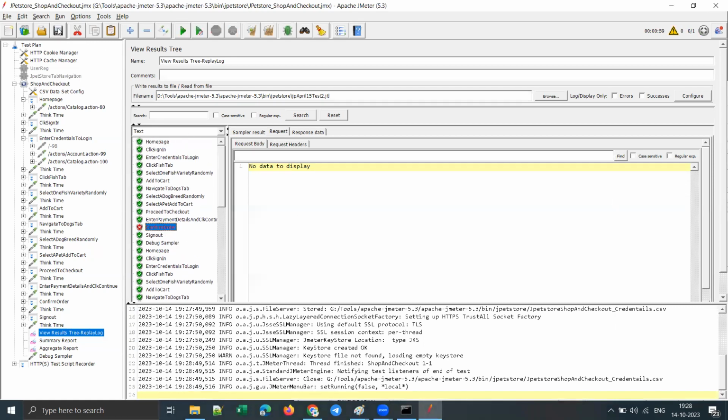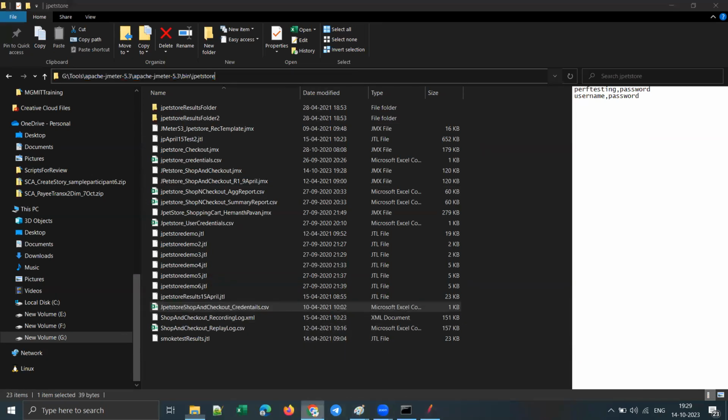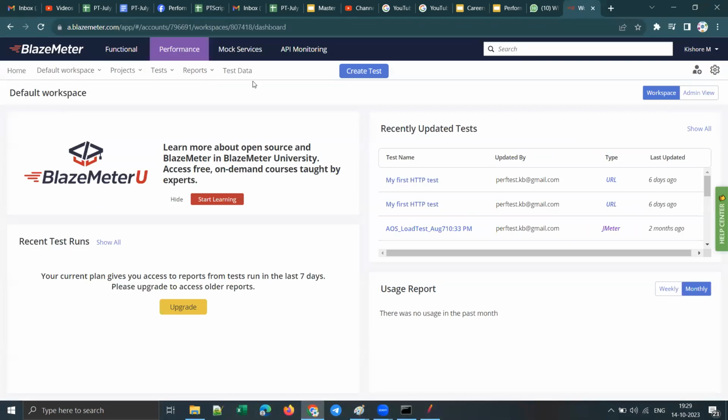Now let's see how to do that. Once you validate the script, make sure that your script is working before executing a test. For demo purposes, I will go ahead with this, and let me show you how to upload the scripts and how to run a test from BlazeMeter. So you log into your BlazeMeter account, right? And remember, when you are working, your client will provide the credentials. Okay. And now once you log in,